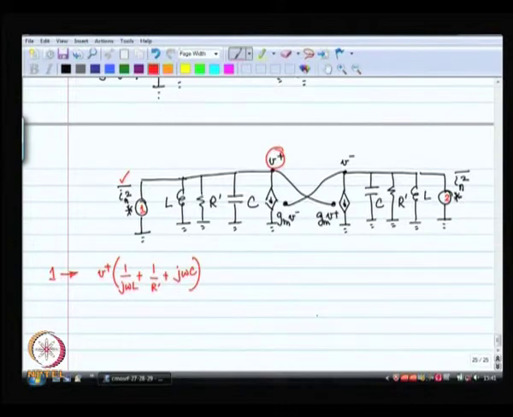I am basically trying to write a Kirchhoff's node equation for V plus. Okay. So, this is what I have got at that particular node,